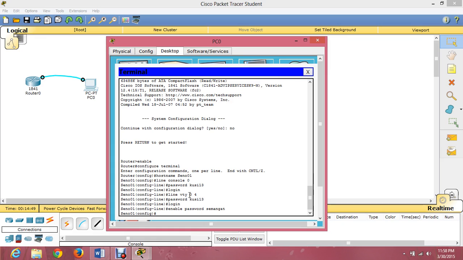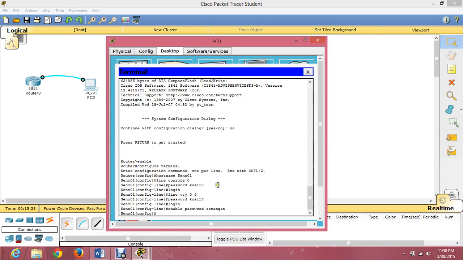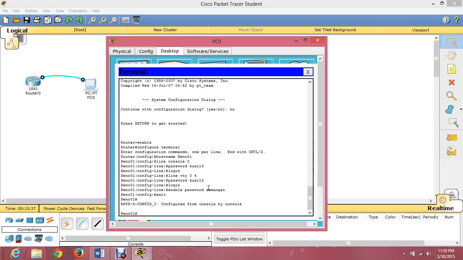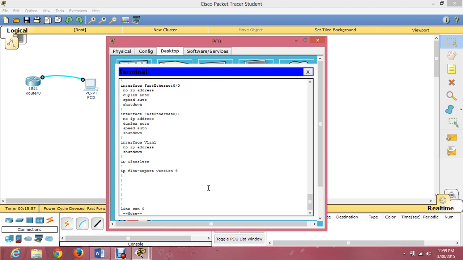To check whether this password is active or not, we should enter the privilege execute mode. Just type exit and enter twice, and then type show running-config, enter, space, continue until the end of the rows.